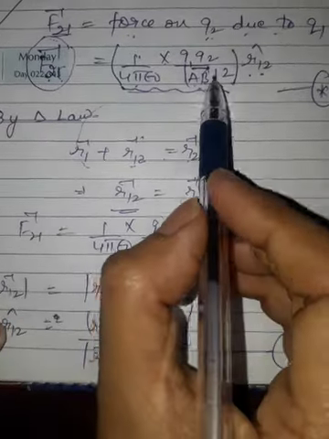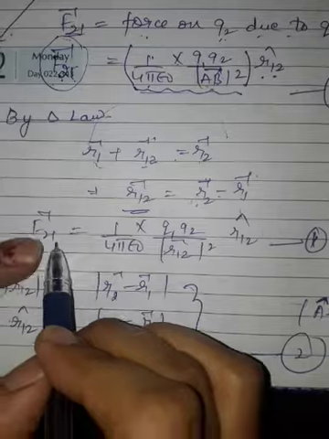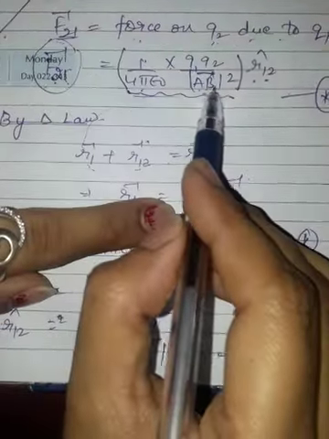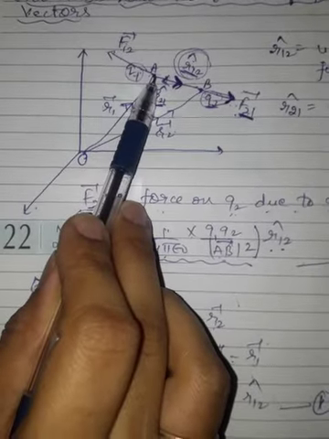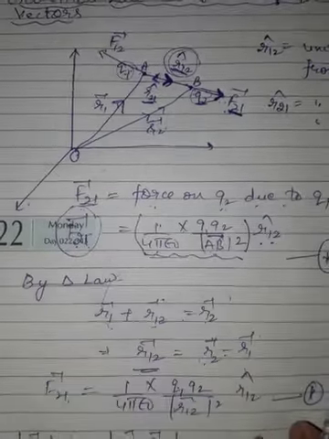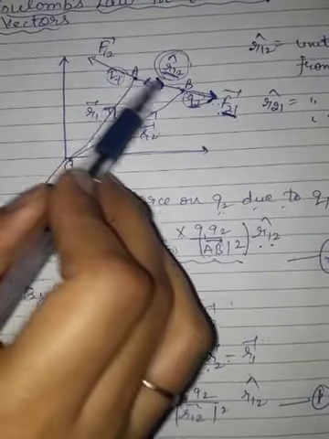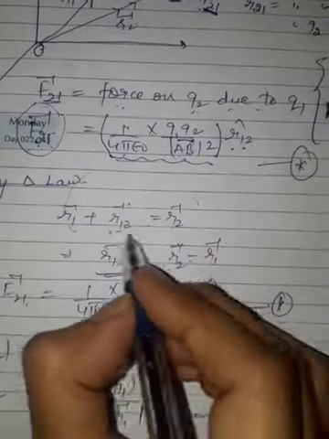So what you are going to do over here? F21 vector equals 1 by 4 pi epsilon naught Q1 Q2. What is AB vector square? What is AB? Now you are going to find AB in terms of R vector. Now see, what is AB? AB is this vector, AB vector. What is that? R12 vector. This we only just did. Yes or no? R12 vector. So what is AB vector?